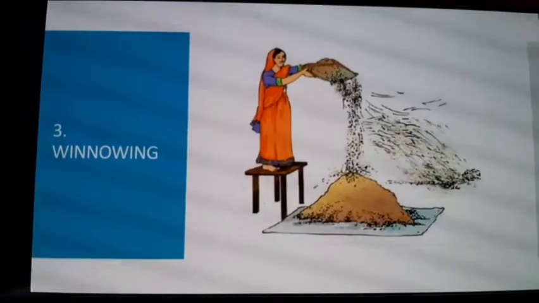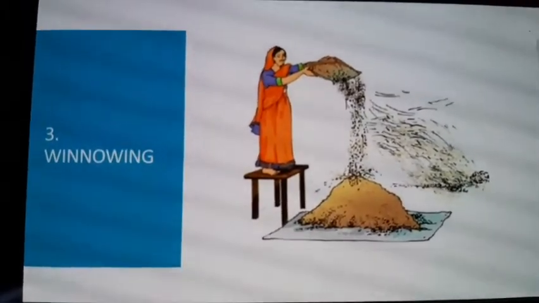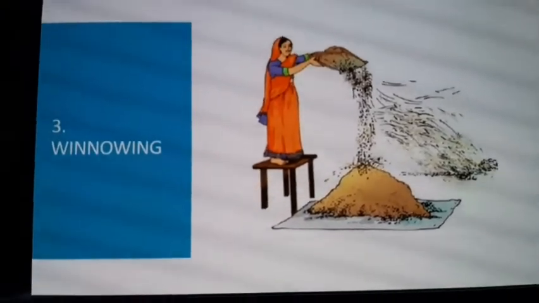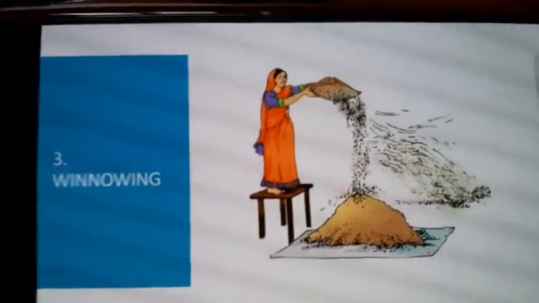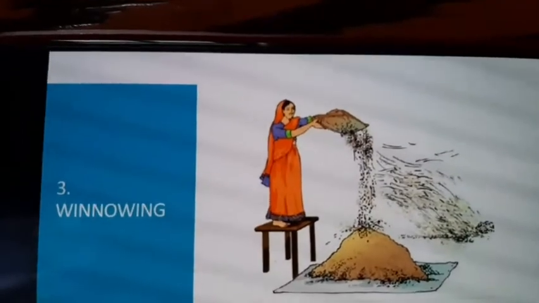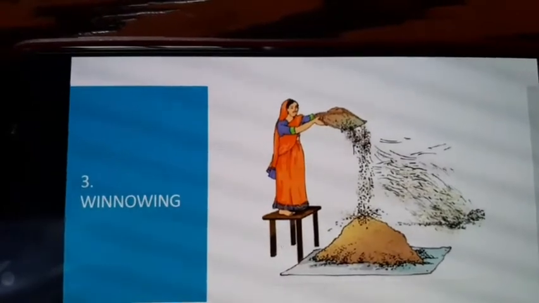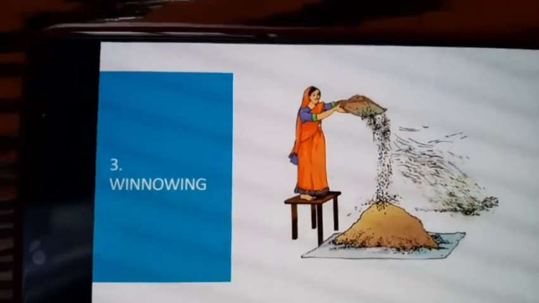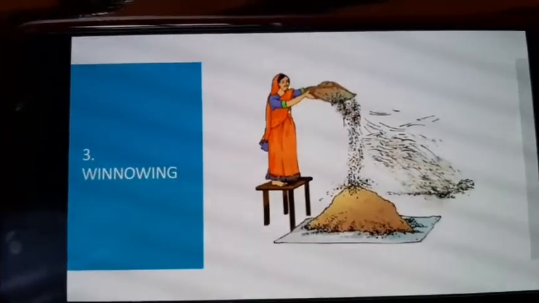Alright, so after the procedure of threshing, the third technique used for the separation of substances is winnowing. As you can see from the diagram, it would be clear that after threshing a mixture of grain, what you obtain is chaff, that is known as husk. Now grains are to be separated from the husk. So this is a stepwise process. After threshing, the process of separating grains from the husk is called winnowing.